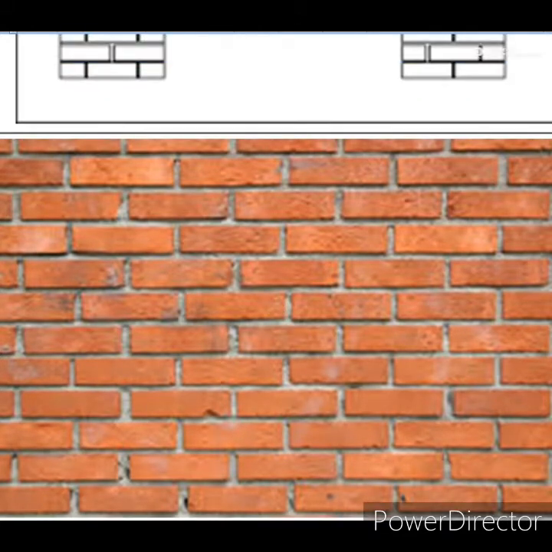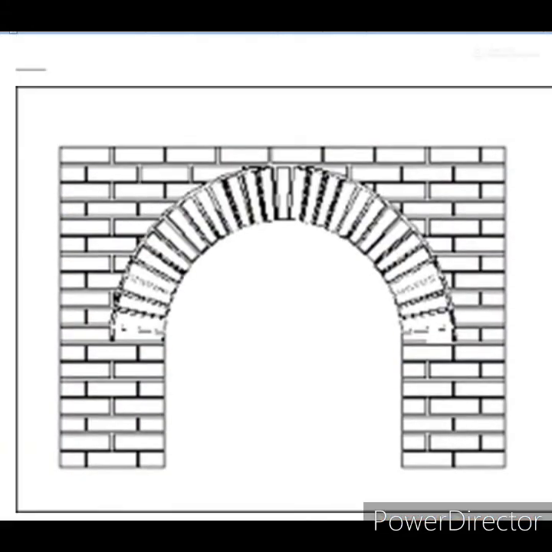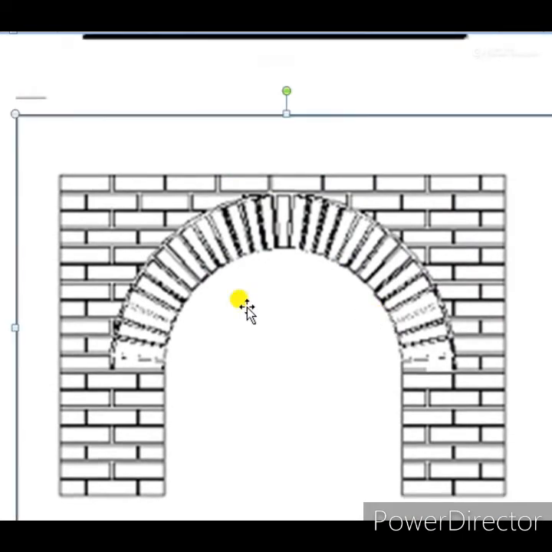The last pattern asked is arc, a semicircular shape. Here I have made a wall. There is an arc also. You have to draw this arc shape only. No need to draw that wall. In the arc, how can you make a design of brick pattern? You can draw it. It depends on your wish or your likes. You can make any type of brick patterns.